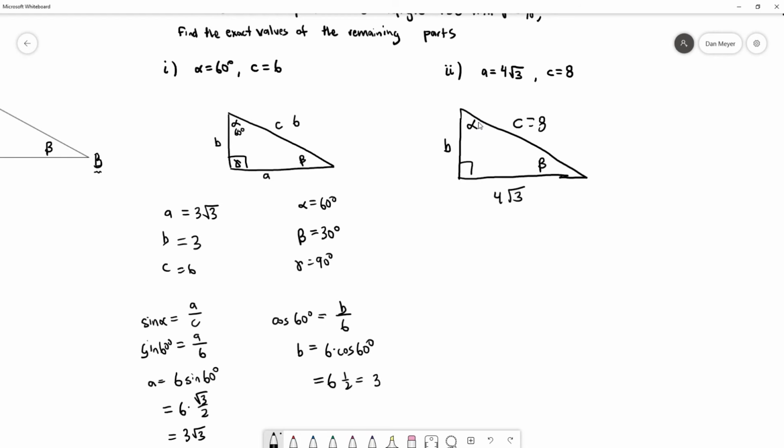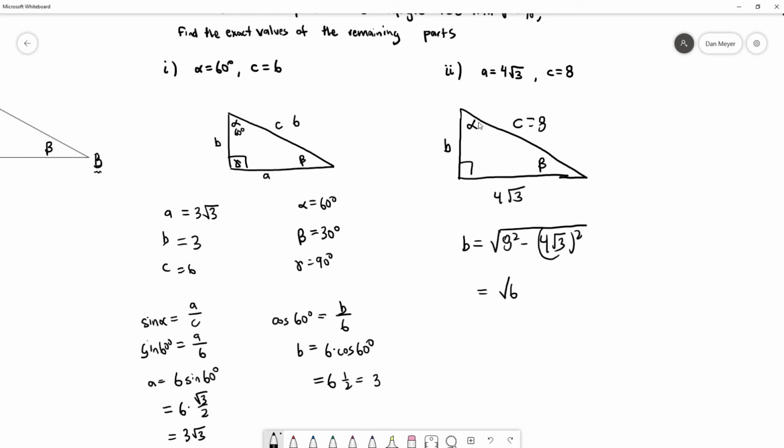We don't know side length B, so we can go ahead and determine that. So B, here's where we will use the Pythagorean theorem to say that B is the square root of 8 squared minus 4 root 3 squared,